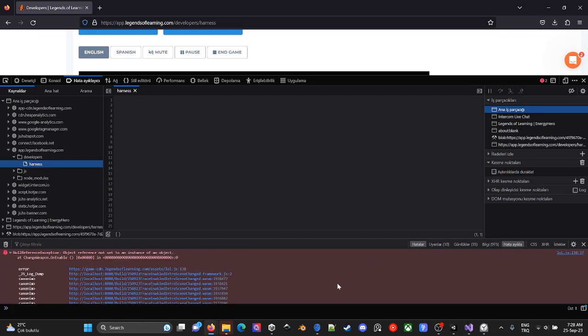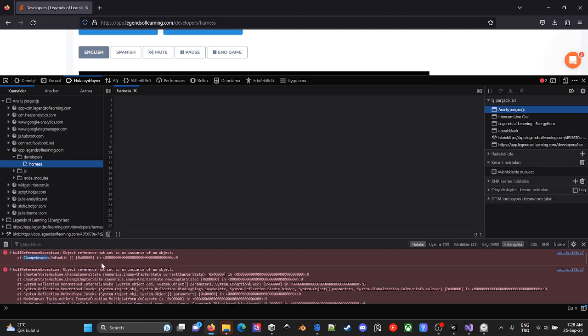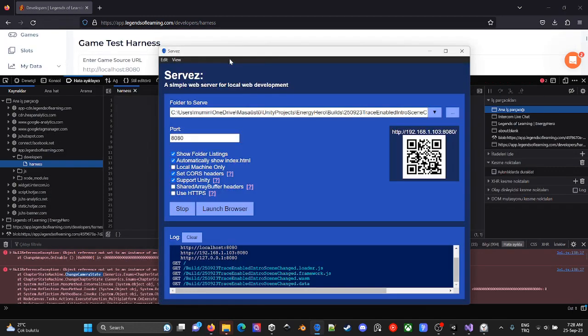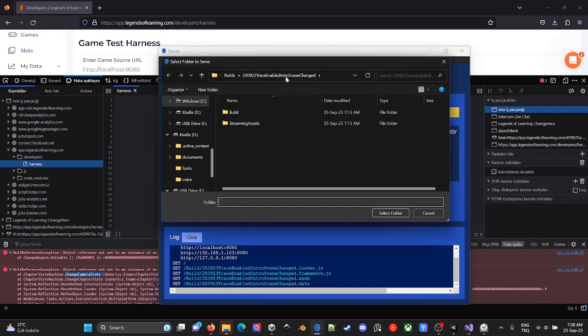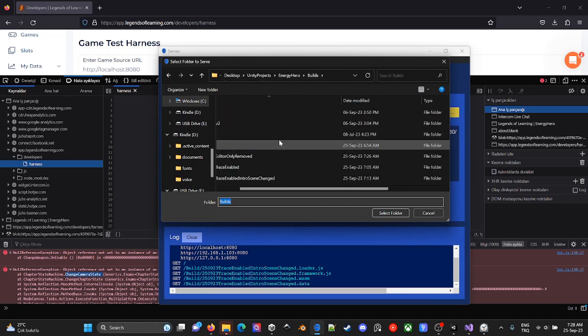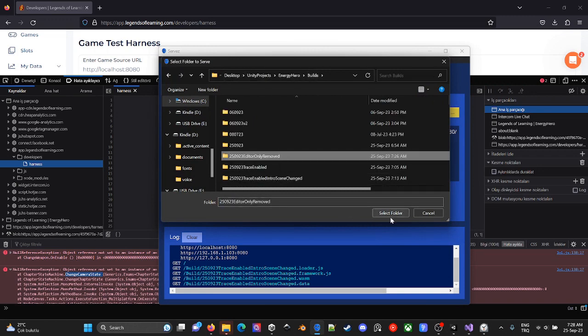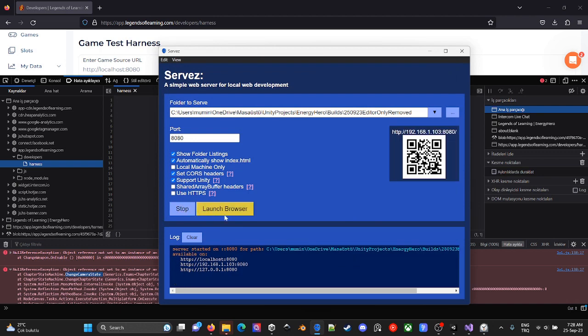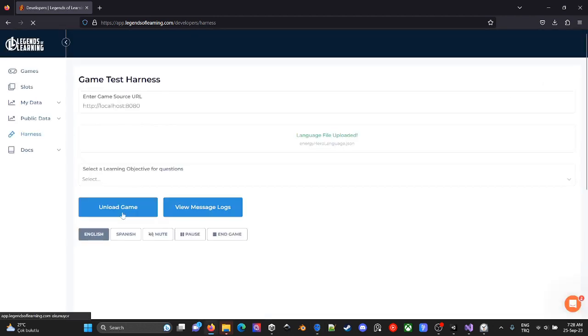Okay, I still have a null reference exception. Change weapon on enable. Is this the correct file? Trace enabled. Change editor only remote. Let's try this one. Start game, load the game,